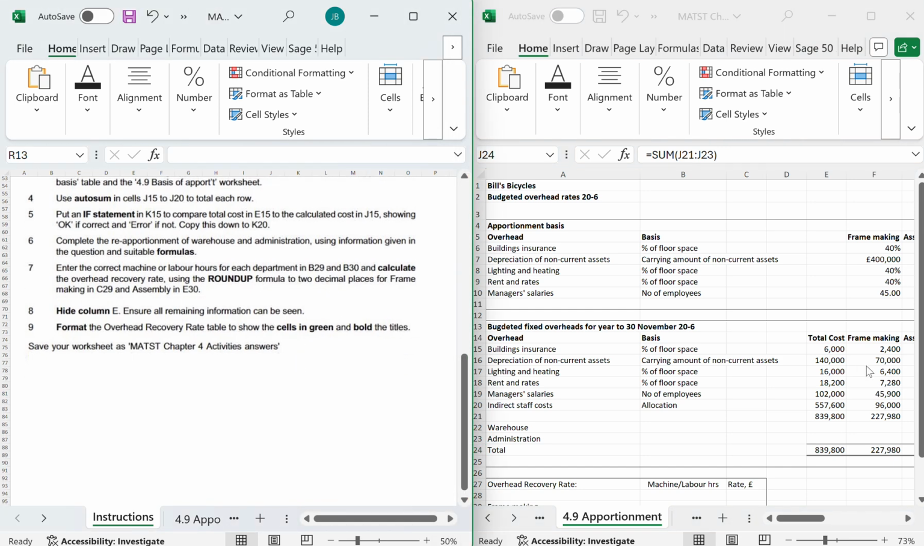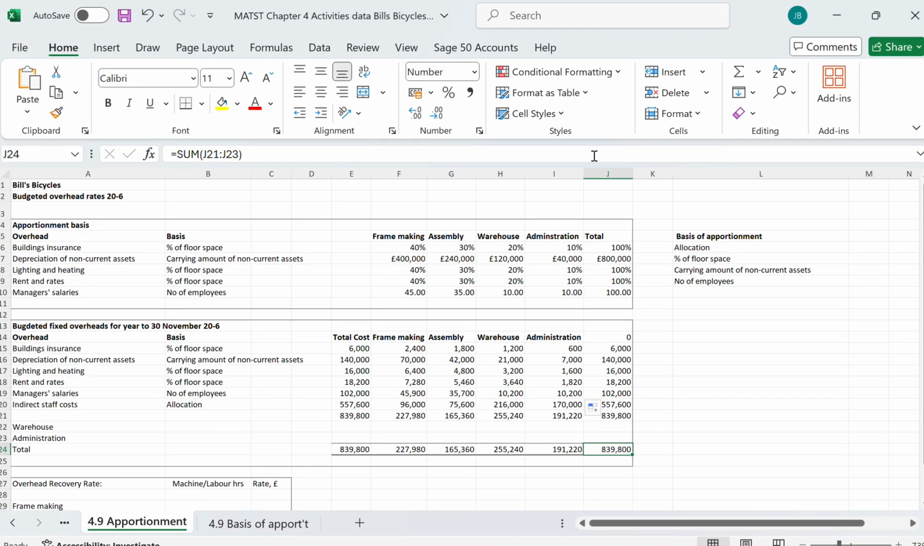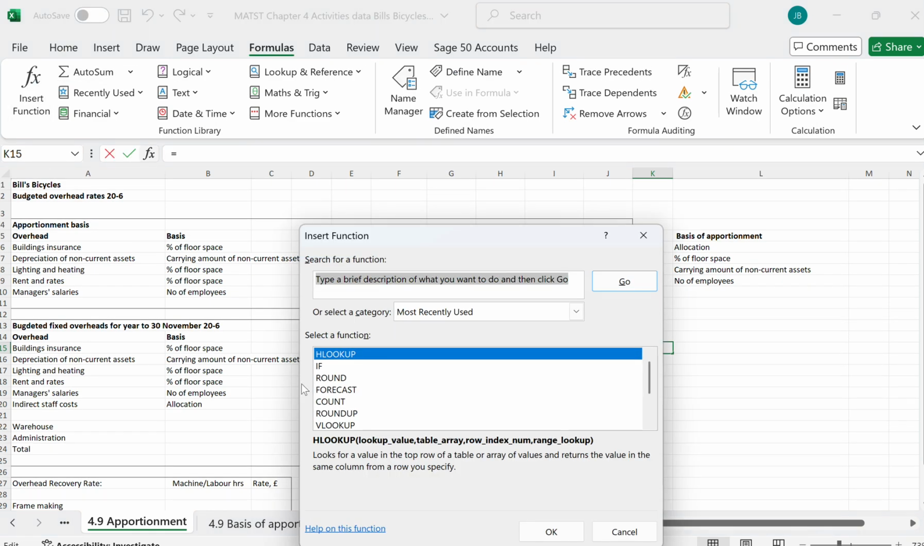Use auto sum to do J15 to J20, which I've already done. I now need to put an if statement in K15, E15 to compare the total cost in E15 to the calculated in J15, showing OK if correct and error if not, and copy this down to K20. So K15. Here, I need an if statement. So first thing I'm going to do is go and get an if statement. So formula fx if,